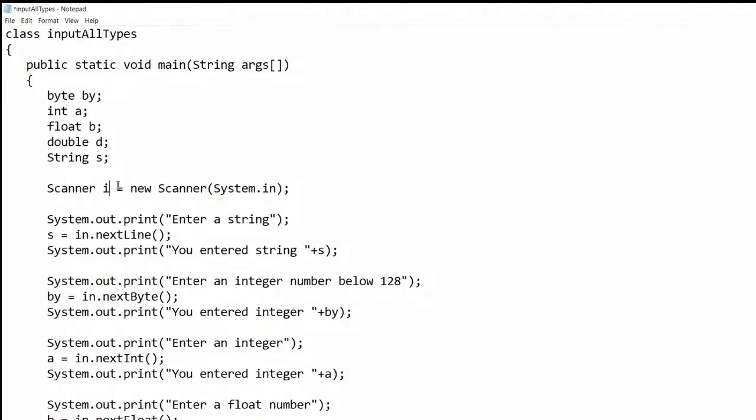So in is just a name. You can change it also. If you write Scanner sc, then it will change as sc.nextInt. What is sc? sc is nothing but the object of the Scanner class. Clear? So as I say, it is object oriented programming. So every class will be executed with the help of an object only.